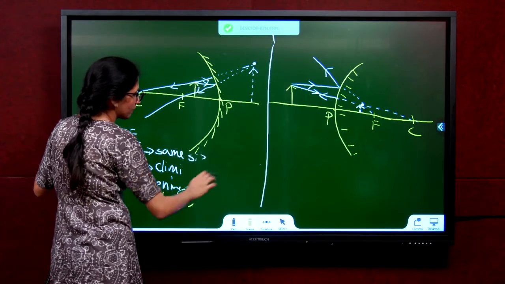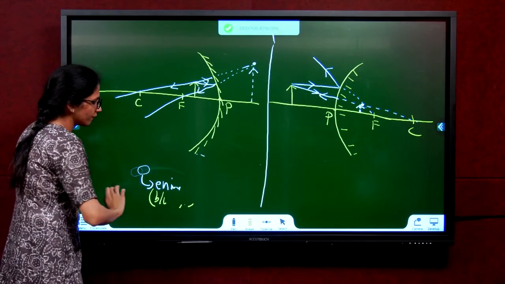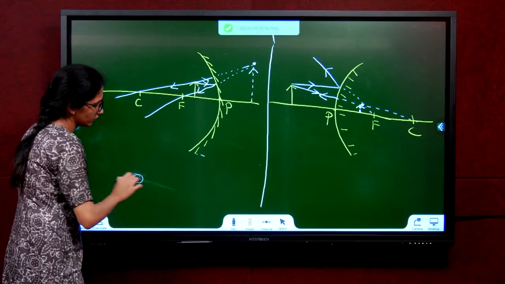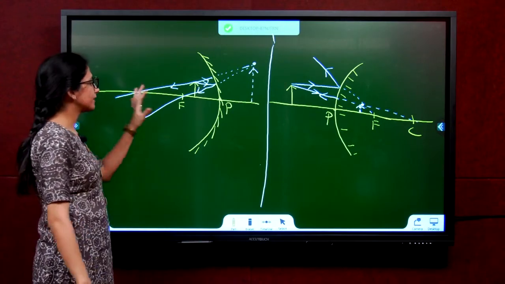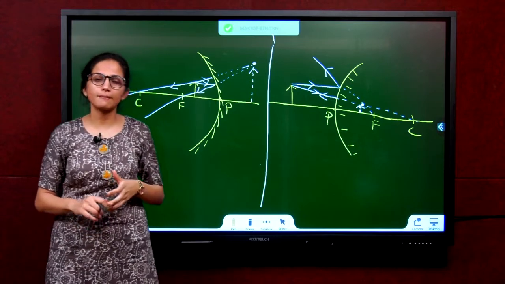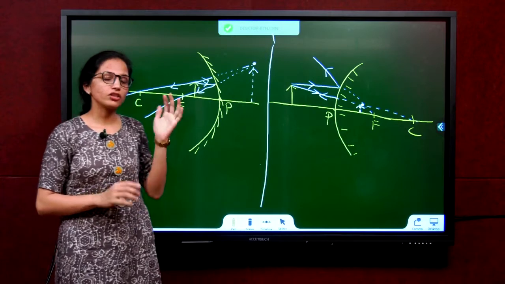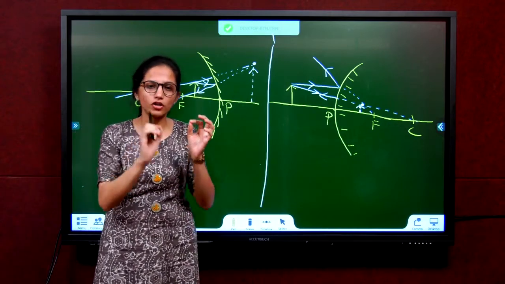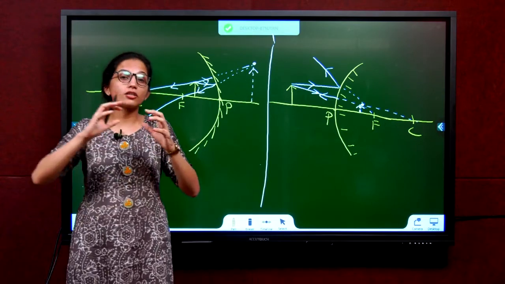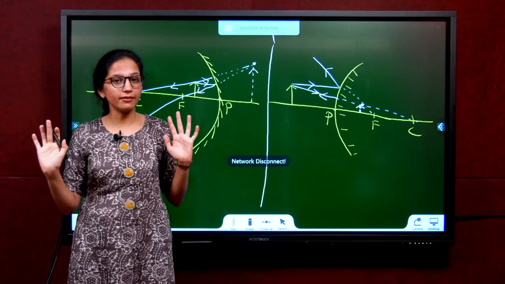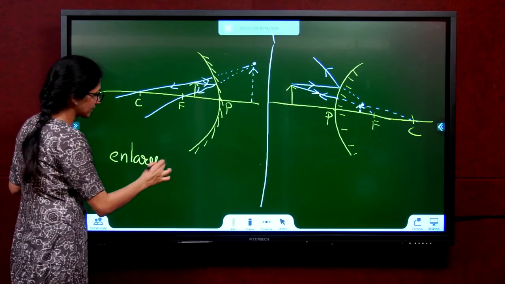Moving on to the next topic, uses of concave and convex mirror. First, let us see uses of concave mirrors. This particular case is mainly used, especially in dentists. What do these dentists do? See, if your dentist wants to see a cavity in your mouth, cavity is very small. He wants it to be enlarged. Agreed? So what is the requirement of the dentist? He wants enlarged image.